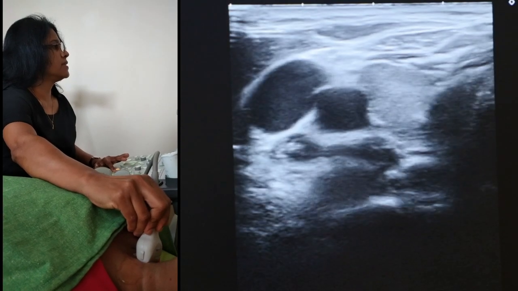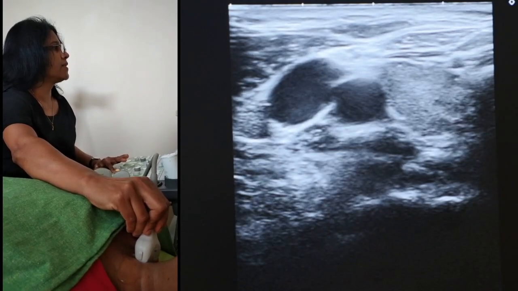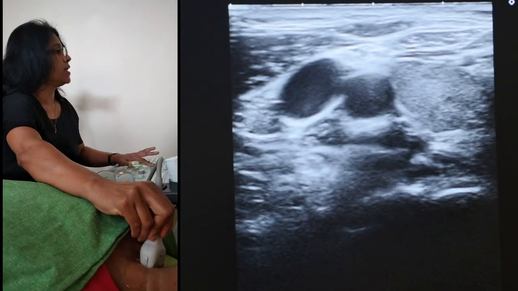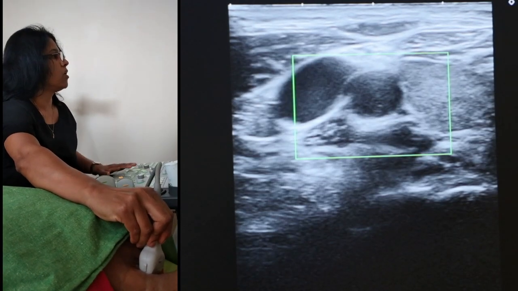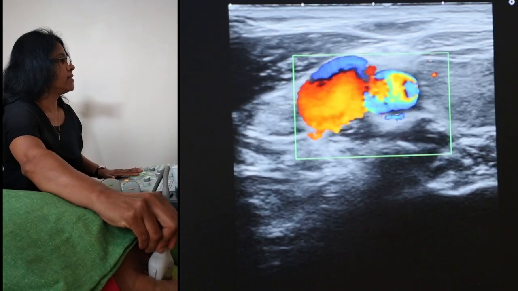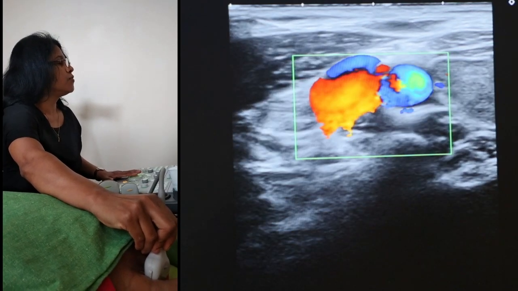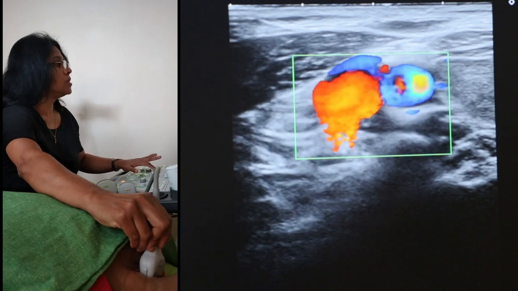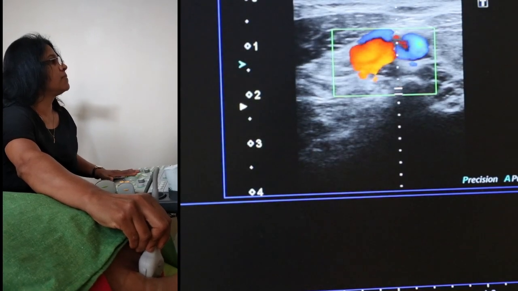Lateral to the thyroid gland, you can see the carotid artery and internal jugular vein. If I put the color Doppler or the color flow, you can see the color flow within the vessels. So, if I put the Doppler study,